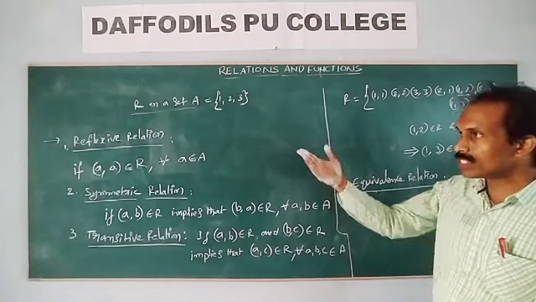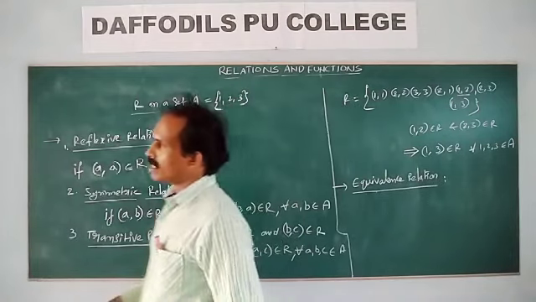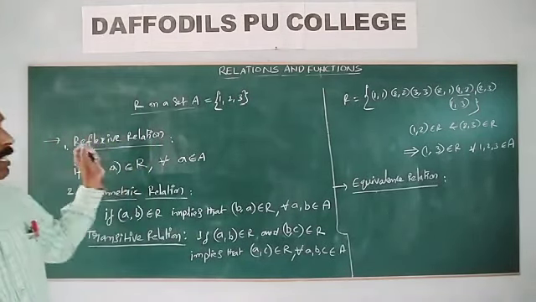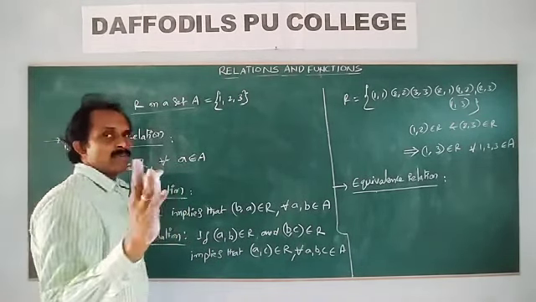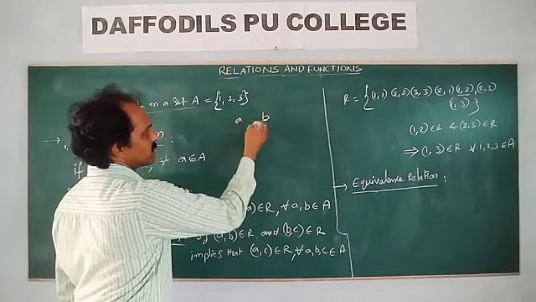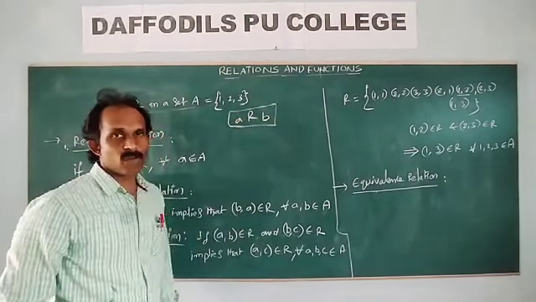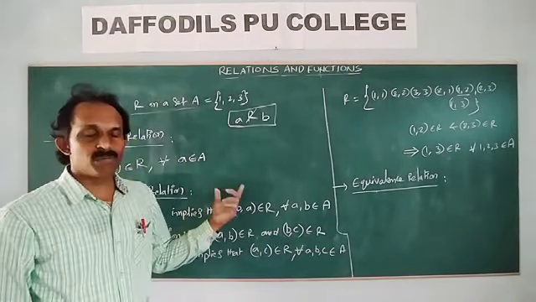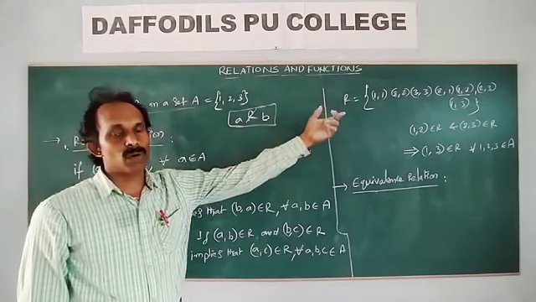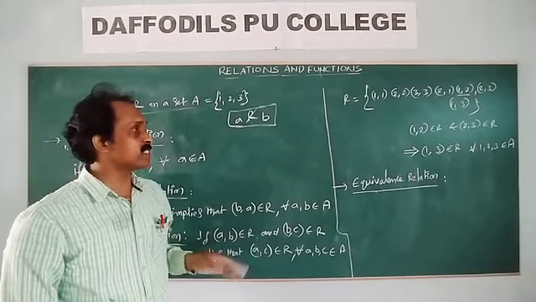Right. Once again, let me explain. First of all, what is a relation? A relation from A to B is a subset of A cross B. Between A and B, if a relation is there, it is symbolically denoted as A R B. If there is no relation, it is denoted differently. Relations can be represented in set builder form or roster form. Roster form is ordered pairs represented with commas, elements in ordered pairs, not single elements.